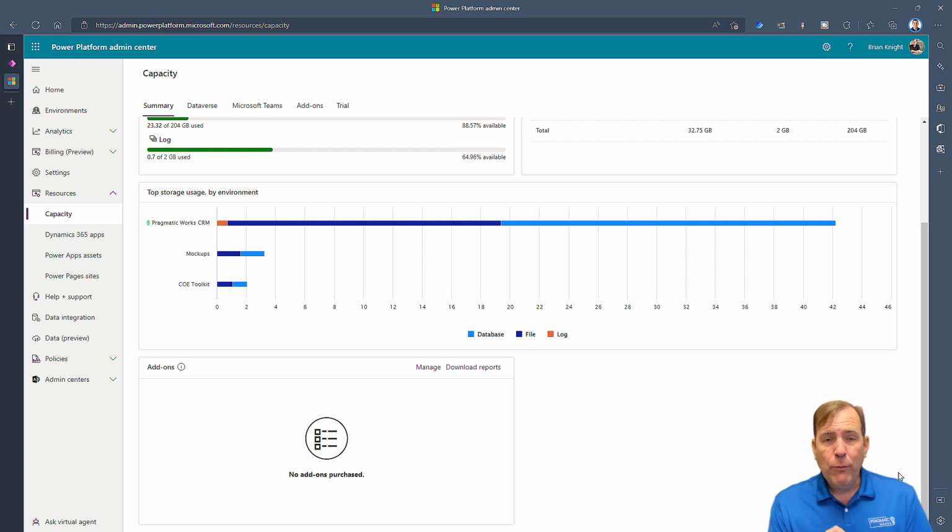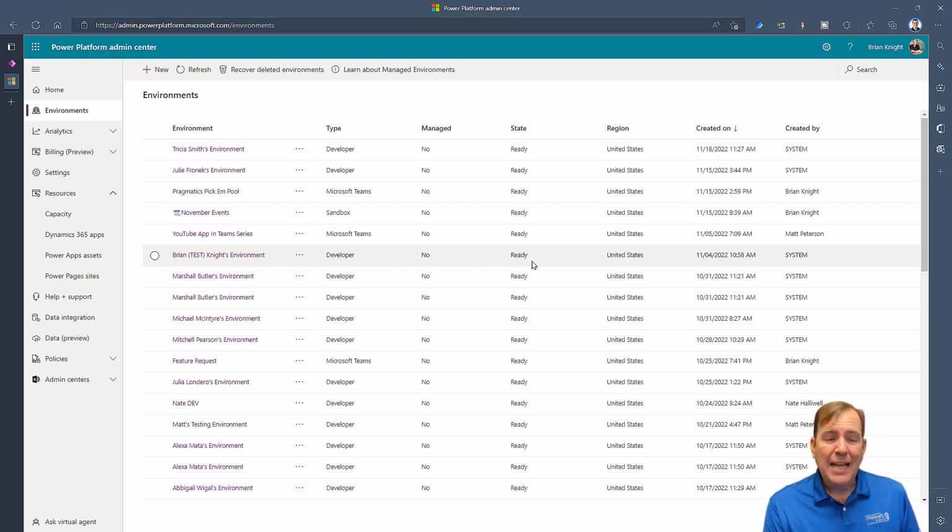So that's the first thing you want to go ahead and change: make sure that only certain people can create production environments, sandbox environments, and can only use those app capacities. That's the first thing. Number 2 is we want to make sure that we state the purpose of a